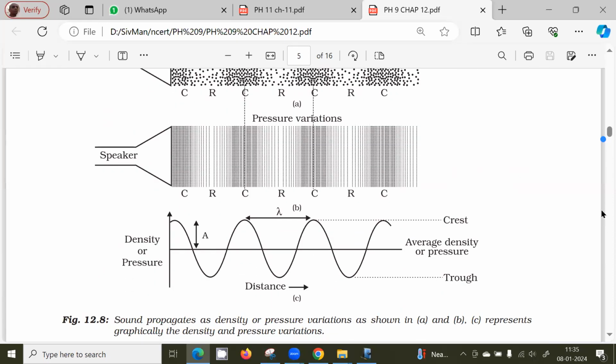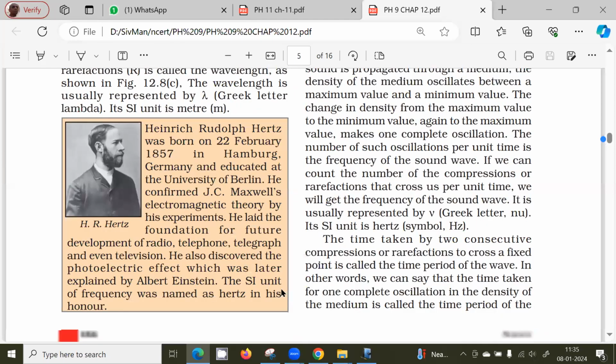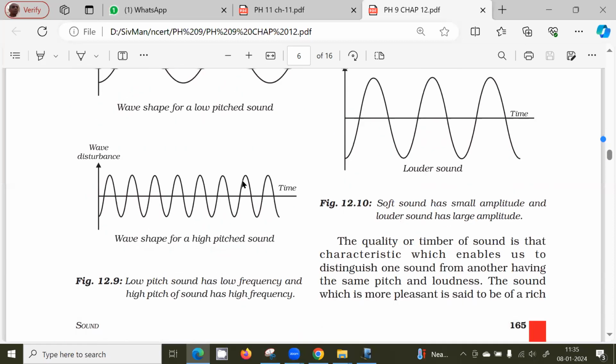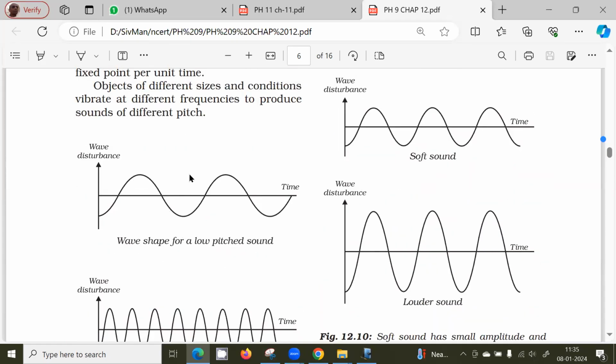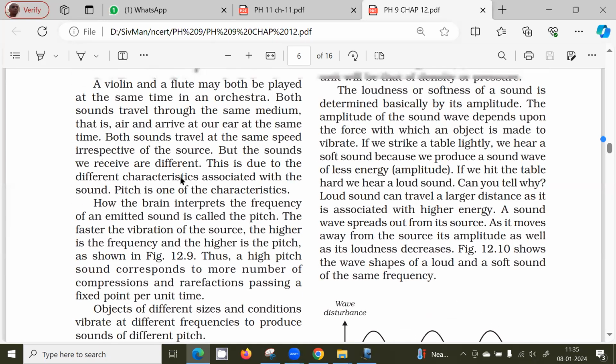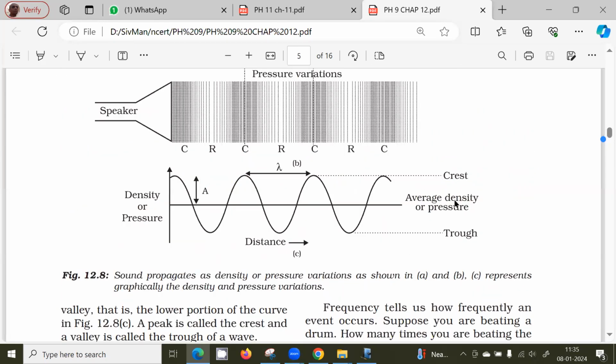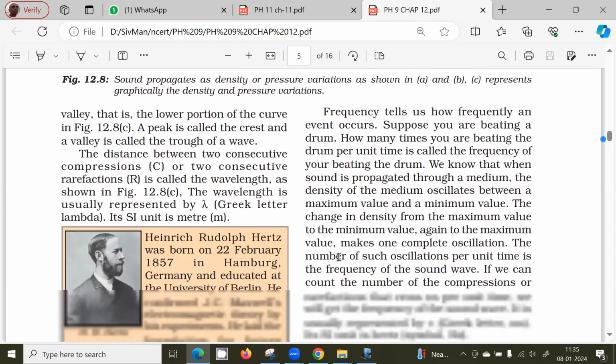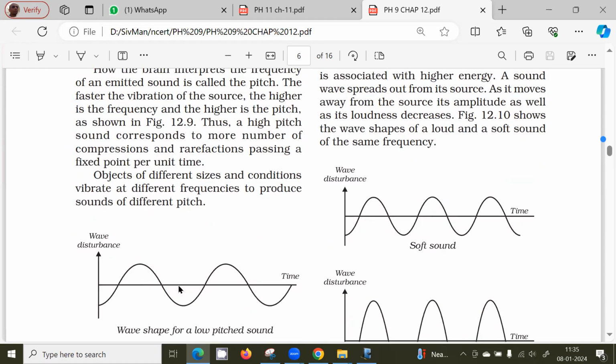The important thing about sound is that it's a wave, a function of both space and time. Here they have shown the sound wave as a function of space, which is distance, and here as a function of time. Time will have a periodicity, and the reciprocal of the time periodicity is the frequency. Similarly, the space variation of sound, or distance, also has a periodicity, and that periodicity is called wavelength. So your wave will have two periodicities. One is the periodicity with respect to space, which is the wavelength. Another is the periodicity with respect to time, that is the frequency, or the reciprocal of the time period is the frequency.